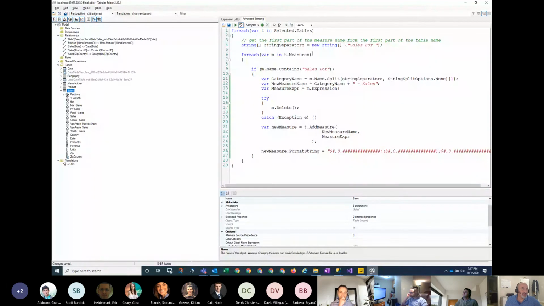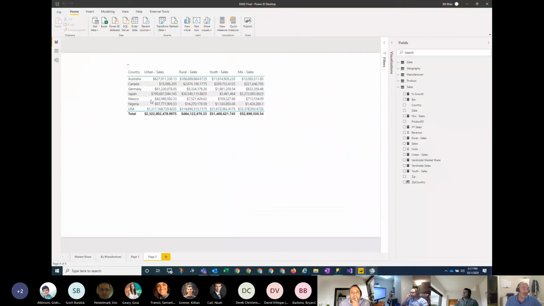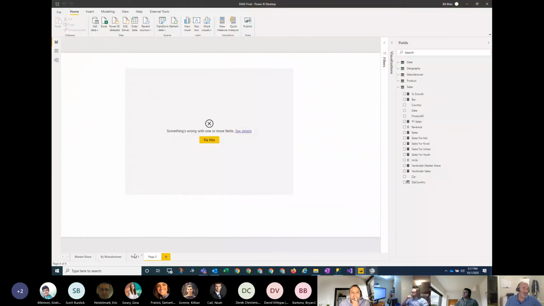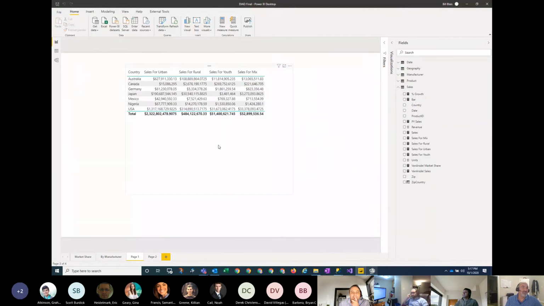And just one last thing I'll do real quick, pretty much the same exact thing, but in reverse. So my version 2 here looks for anything that has dash sales in it, and it moves the category back to the end with sales for. So basically you're flipping the script and turning them back into sales for category. So I'll run that. Here you go. They move back to sales for, did the save. Come back here. Now, of course, this table is going to bomb, but my original table will work.